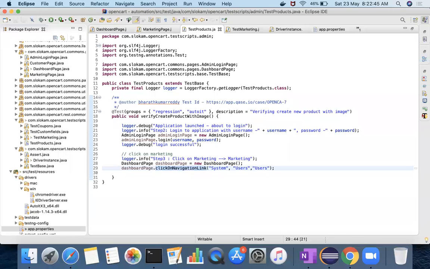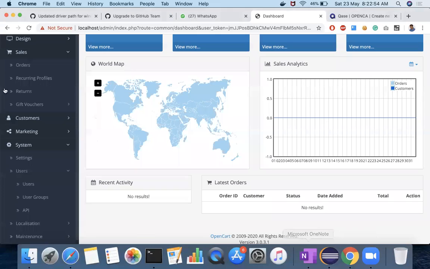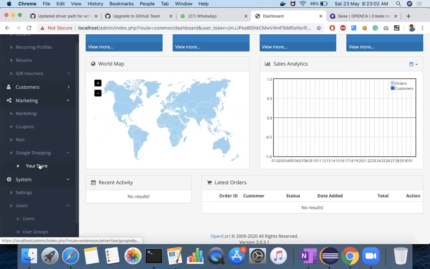And I created this method for him to easily access. So all he needs to do is get the string names here. Let's say if he wants to go to Google Shopping or your store, he has to type marketing, he has to give Google Shopping, and he has to give your store. That he has to do manually.